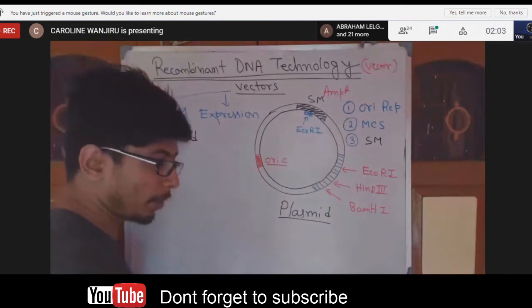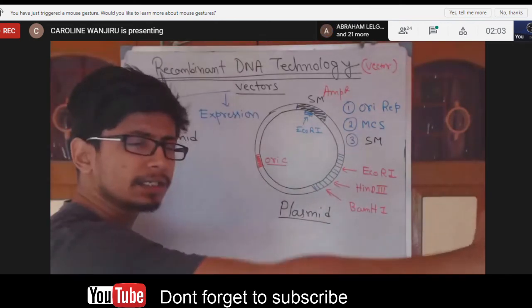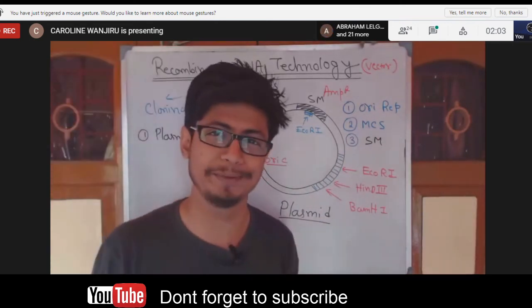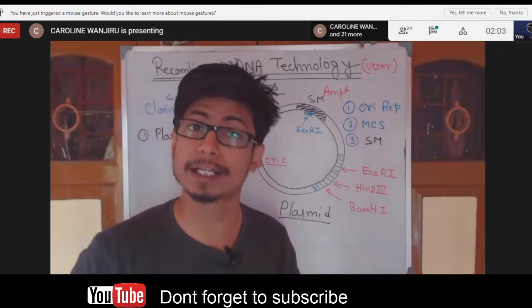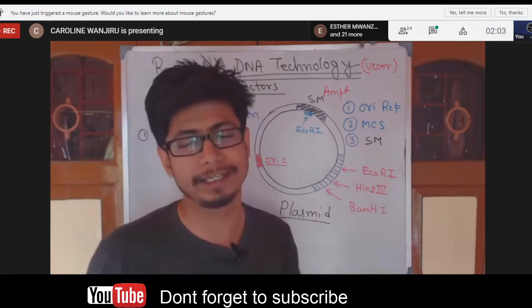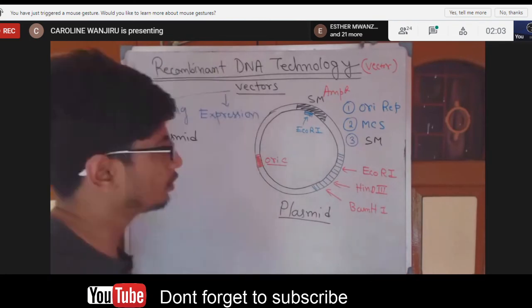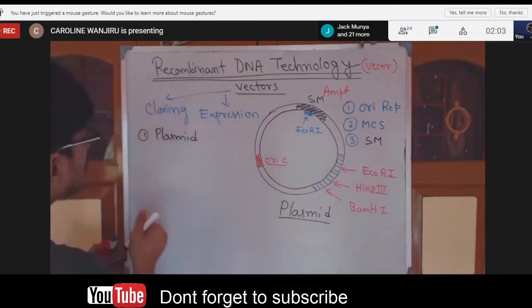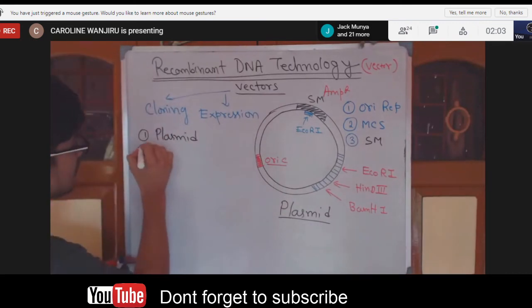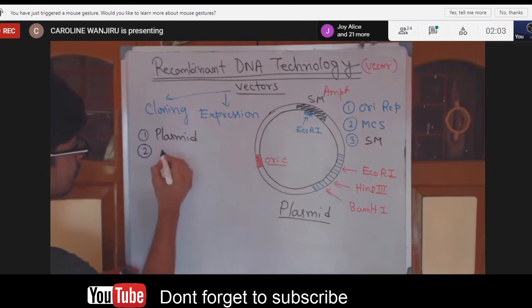If we talk about large gene segments, say the complete genome of a human being, none of the plasmids can carry it, none of the vectors can carry the complete set. We need to cleave it and then carry, but still it's not good to use plasmid for cloning the complete human genome. So for the large segments, we have different options. Like we can add cosmid.